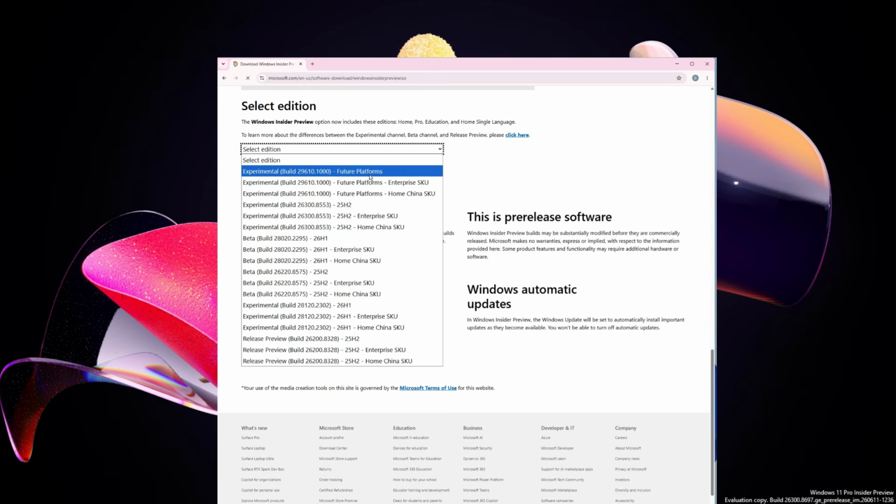Instead, it shows the experimental build under the 26300 series. And in some cases, it still appears under a 25H2 related preview branch. Now this might look a bit confusing at first, but here is the important part. This 26300 series build is actually a part of the same development branch that will eventually become Windows 11 26H2. So even though it is not explicitly labeled as 26H2 on the download page, it is still connected to the